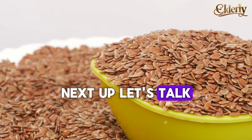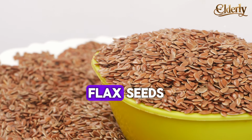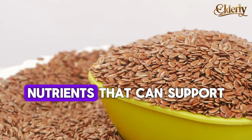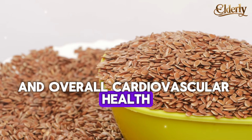Next up, let's talk about one of the smallest foods with some of the biggest benefits for your heart: flax seeds. Don't let their size fool you. These tiny seeds are packed with powerful nutrients that can support lower blood pressure and overall cardiovascular health, especially as